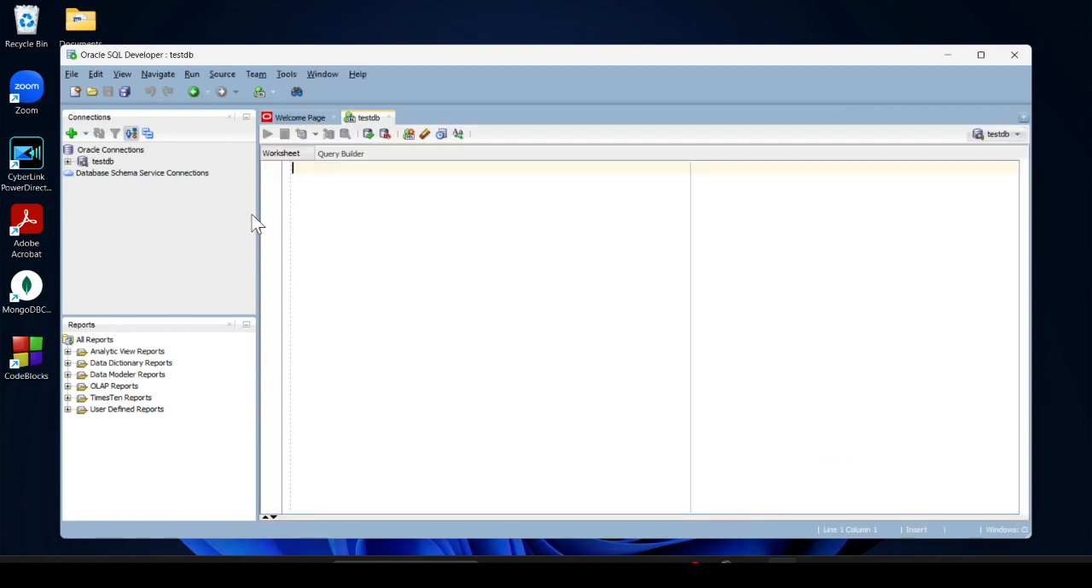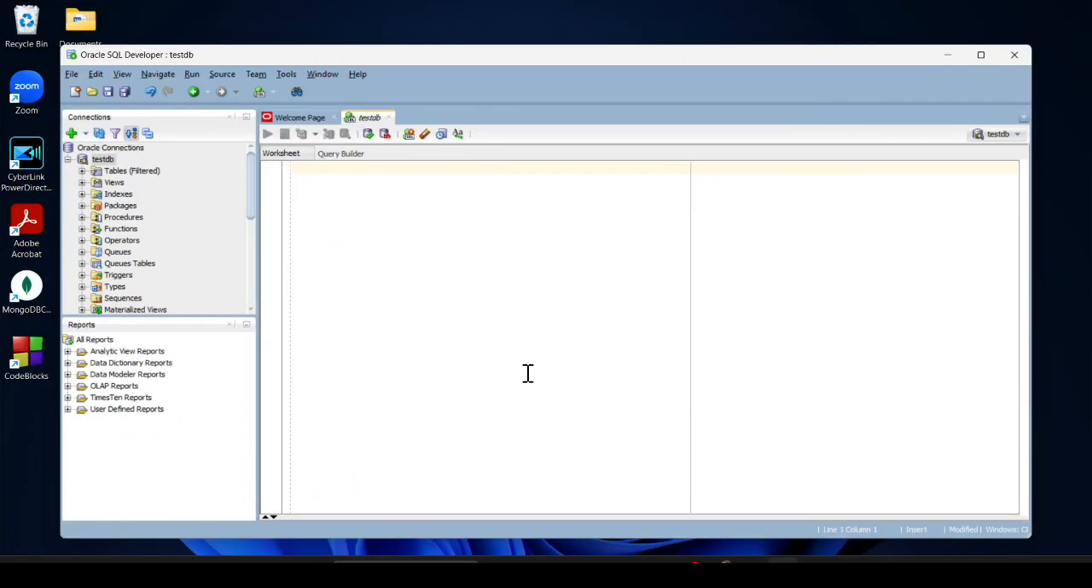Here you can see our test DB is successfully created. After connecting to the database, we have to create a table. I provide create table student, and after that parenthesis open and close, then semicolon, and after that hit enter, and here provide